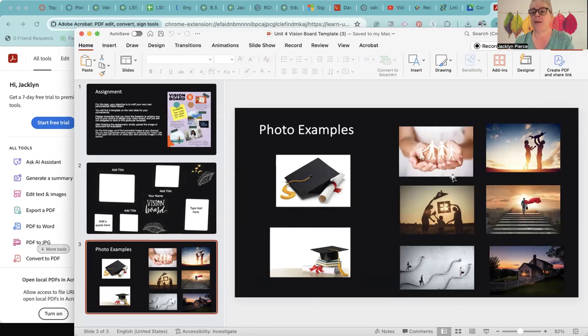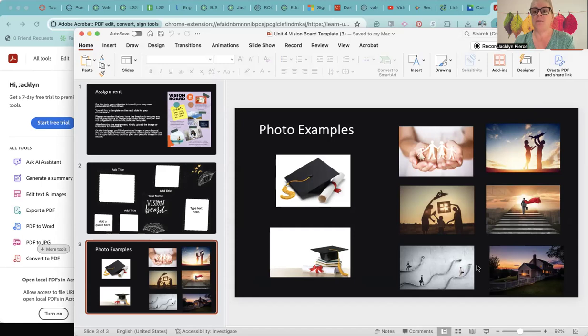Maybe you have some family goals. Maybe you want to own a nice house, whatever the case may be. Any long-term goals, such as graduation, family, retirement, in my case, I'm getting closer, you can use any goal in your vision board. Okay. So you can use these photos, but you do not have to use these photos.